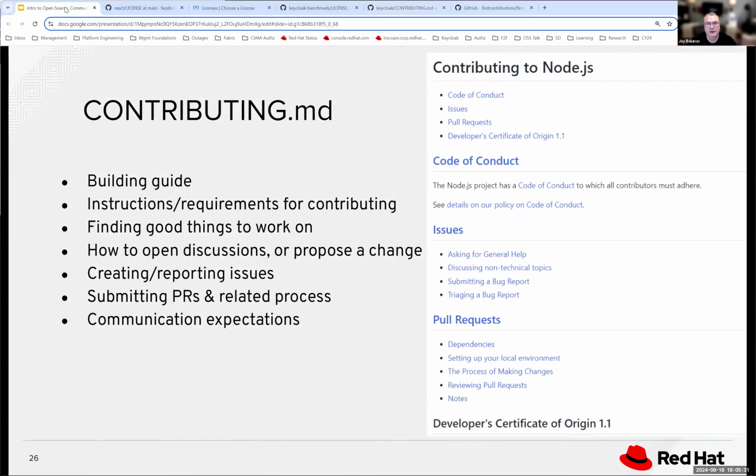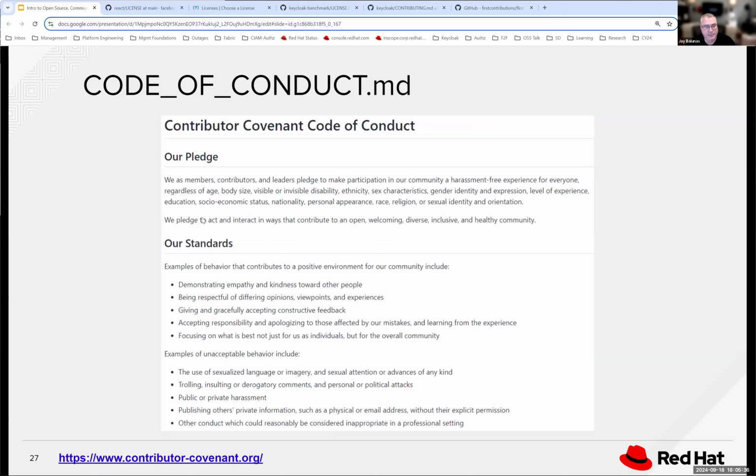And then a code of conduct. This is something I'm very happy to see in a lot of projects. A code of conduct is becoming pretty ubiquitous across open source. The idea here is it defines how we expect our members, our people who communicate and contribute, to behave, right? And typically, it's no trolling, no insulting, no public or private harassment. Different things around being respectful, right? That type of stuff. It's just stating it all out.